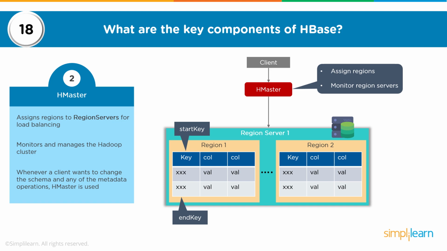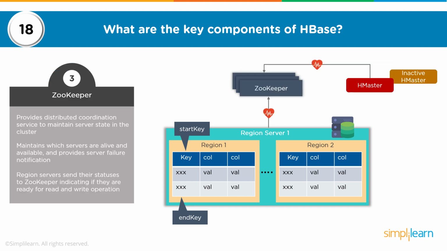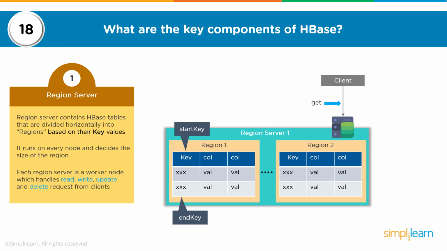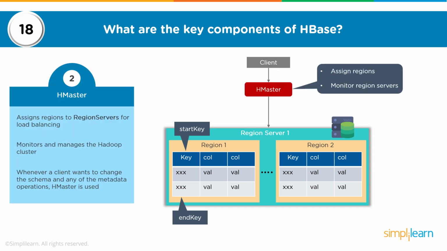So if we talk about components of HBase, there are 3 main components. You have Zookeeper, you have HMaster, and you have region server. Region server being the slave process, your HMaster being the master process, which takes care of all your table operations, assigning regions to the region servers, taking care of read and write requests which come from client. And for all of this, HMaster will take in help of Zookeeper, which is a centralized coordination service.